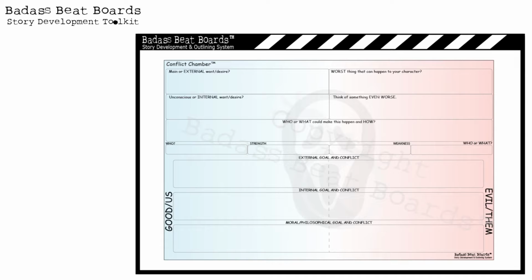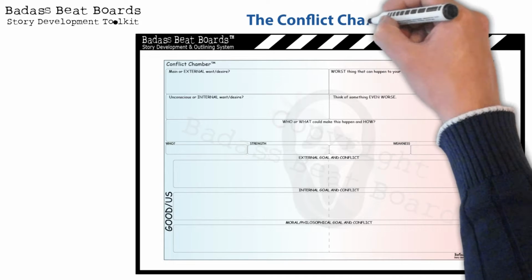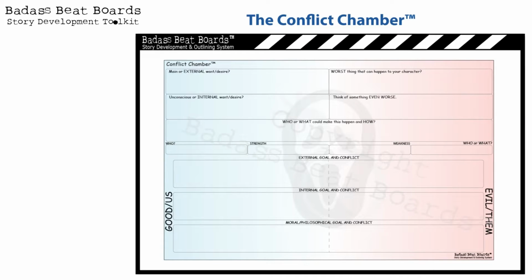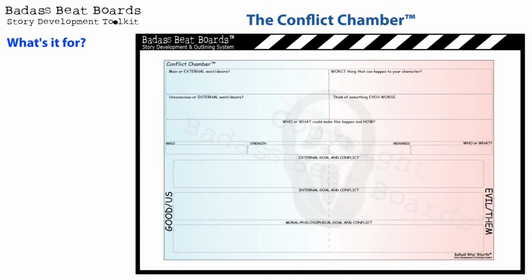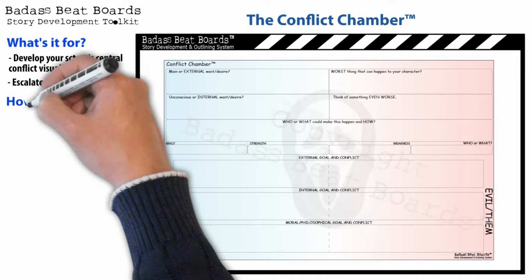Every great story has great conflict driving it forward. Without good conflict, stories can be boring and offer little incentive for an audience to be interested in it. The Conflict Chamber Guide is a part of the Badass Beatboard's story development and outlining toolkit and was designed to